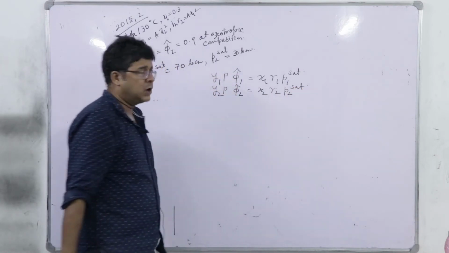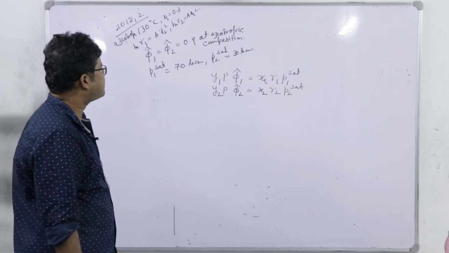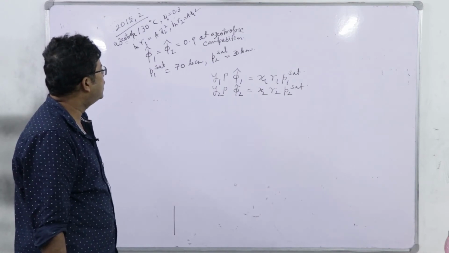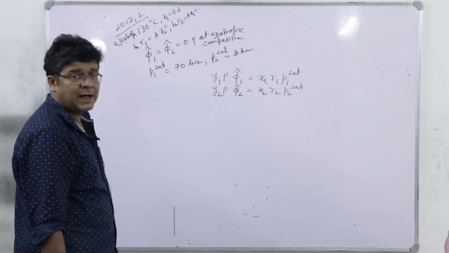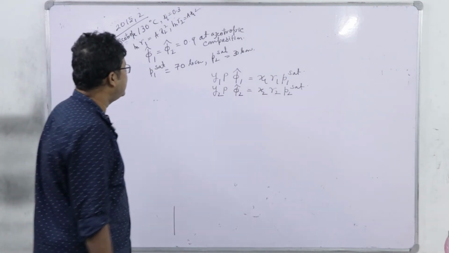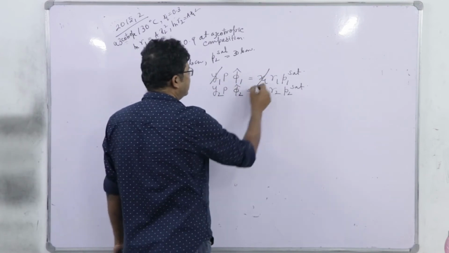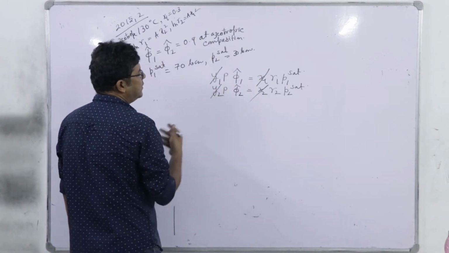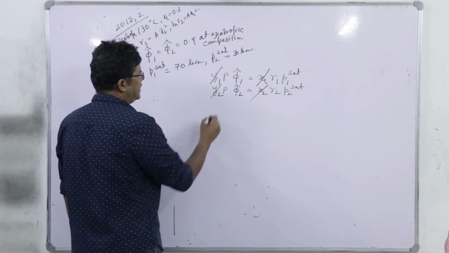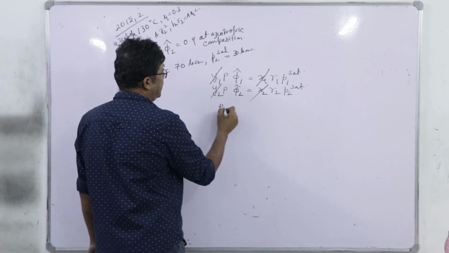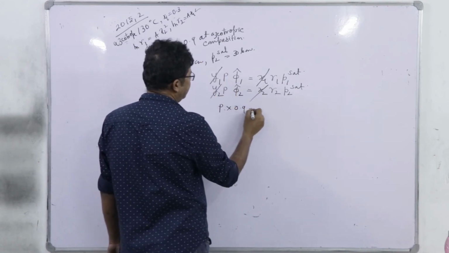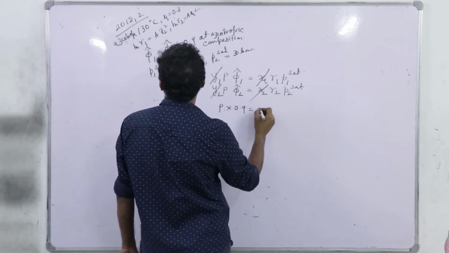What we have to note for the azeotropic system is that y1 is equal to x1 and y2 is equal to x2. So this simply cancels out. So here you see that we can directly write P into phi 1 cap, phi 2 cap are all the same, 0.9,